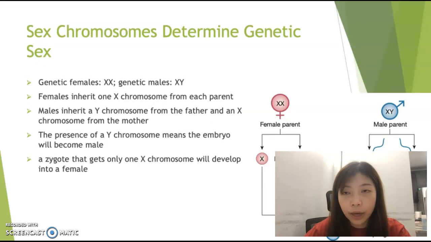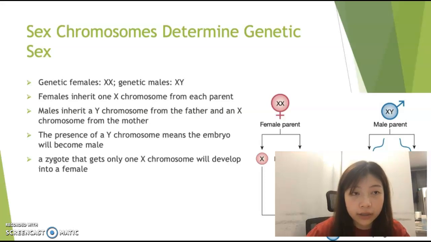Now let me discuss how sex chromosomes determine genetic sex. The sex chromosomes a person inherits determine the genetic sex of that individual. Genetic females are XX and genetic males are XY. Females inherit 1 X chromosome from each parent. Males inherit a Y chromosome from the father and an X chromosome from the mother. The Y chromosome is essential for development of the male reproductive organs. If sex chromosomes are